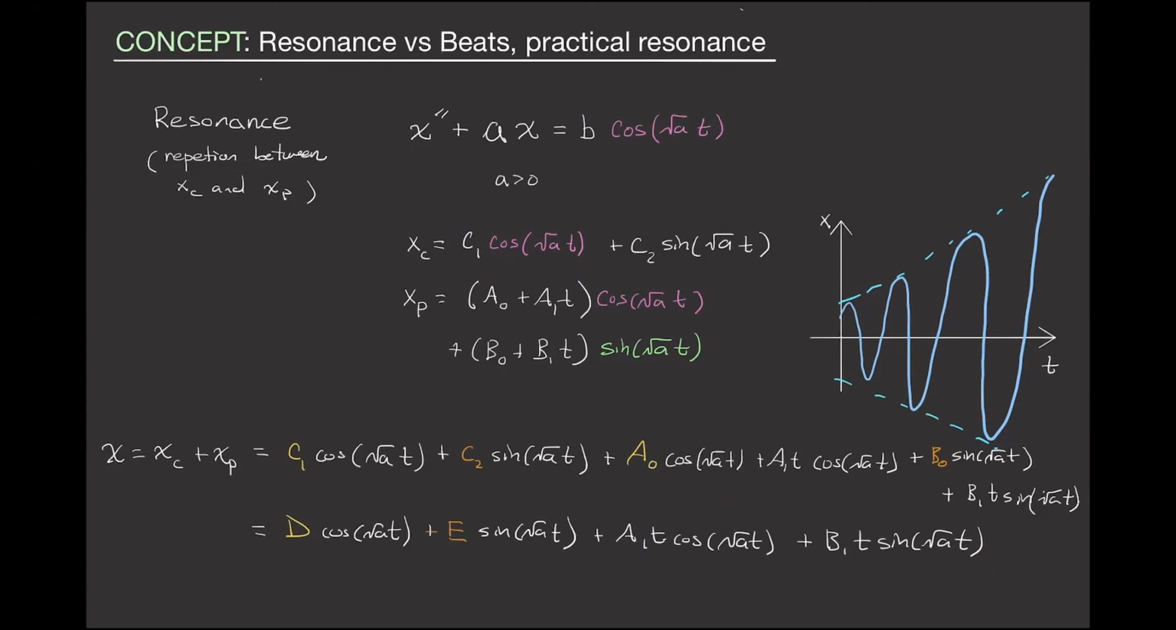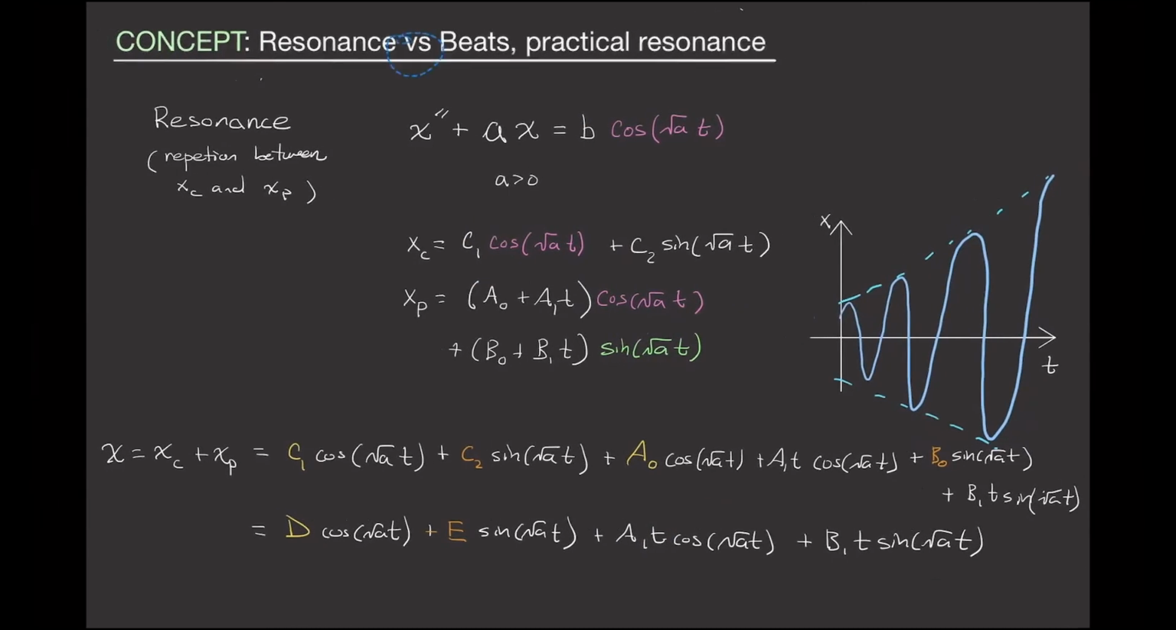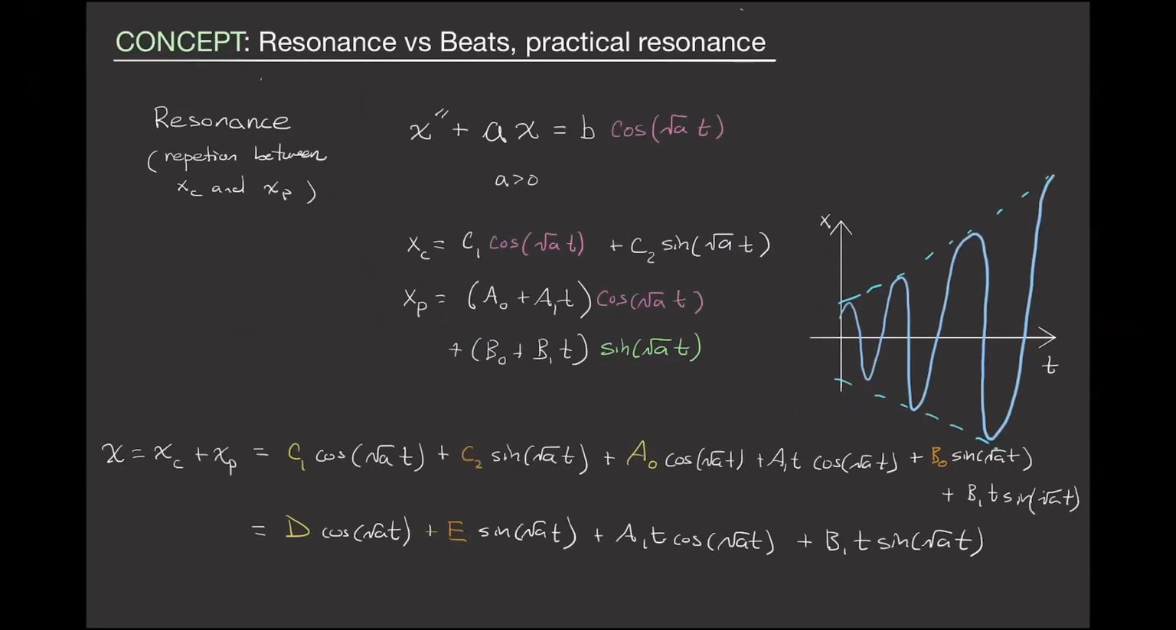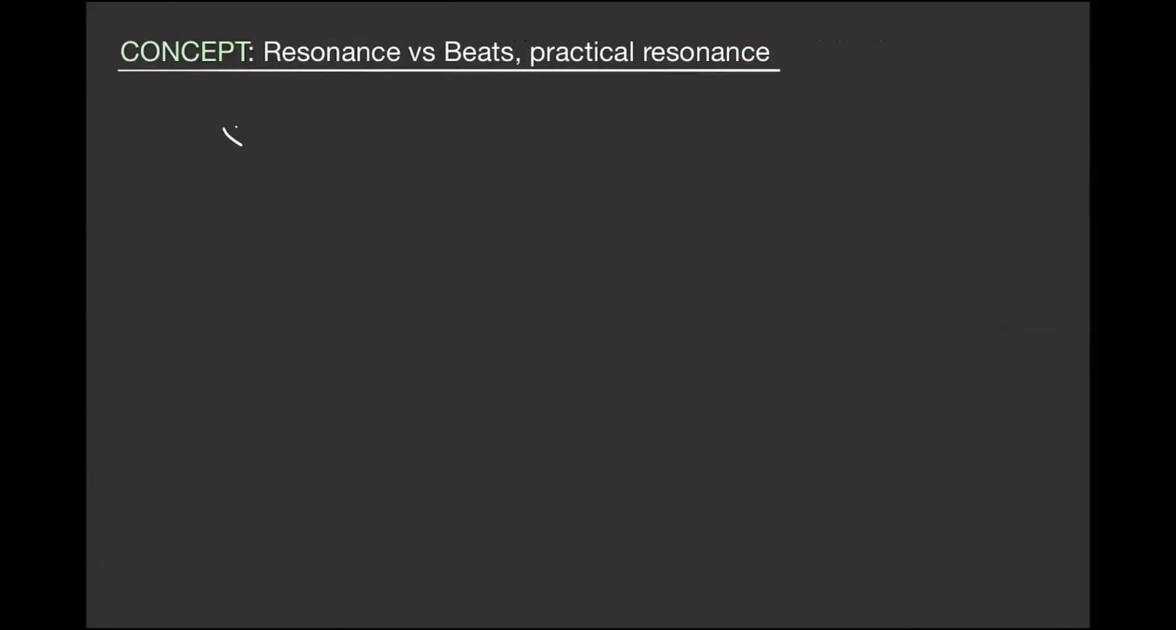That's resonance. Now, beats, on the other hand, is where there isn't repetition. And you get some pretty cool looking curves, actually. Say you have, again, an undamped system. You have x double prime plus a x is equal to, now, where a is greater than 0, something like